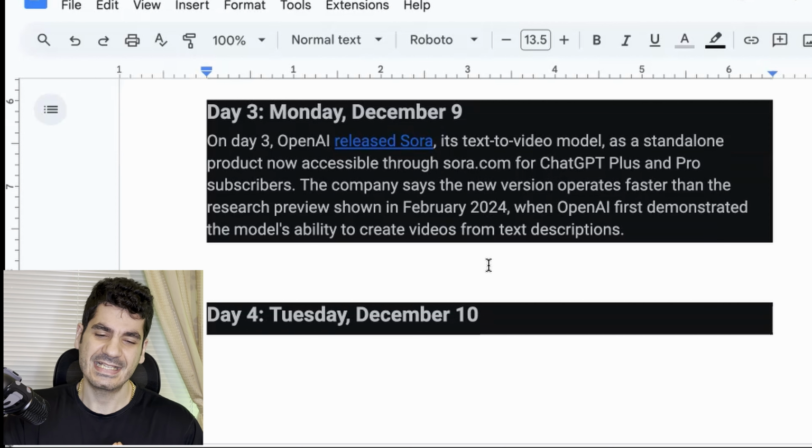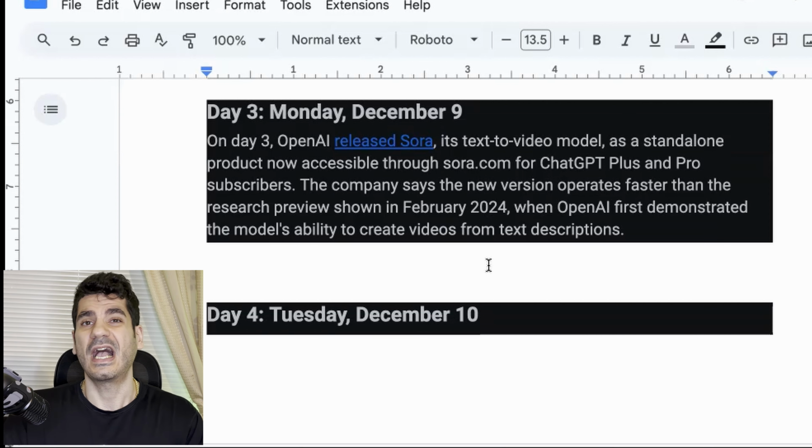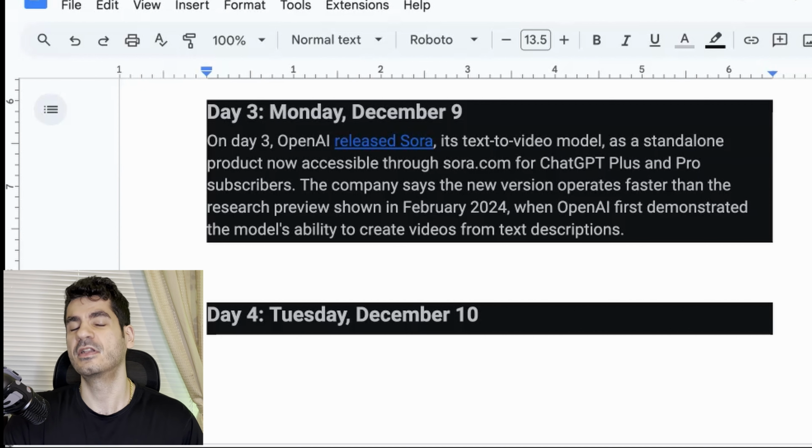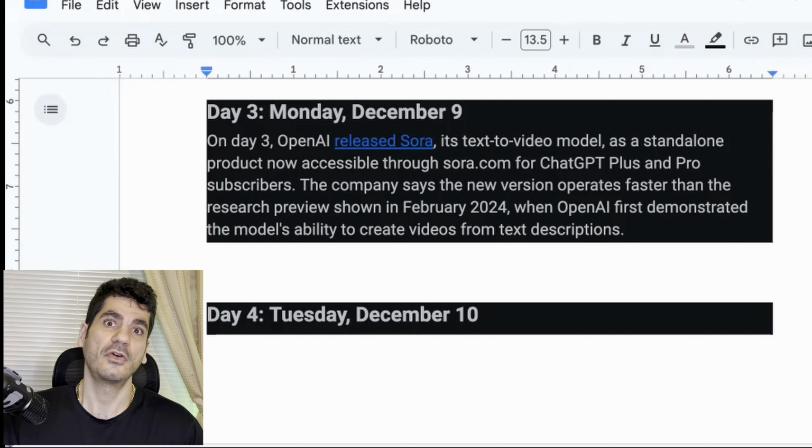At the same time that they revealed Sora, Google also announced their new model, and people looked at it and mentioned that the Google model was actually a lot better. Not long after OpenAI announced Sora, Google introduced Veo 2, which is a lot better and more consistent. You can definitely take a look at some videos and compare them yourself to see which one is better. I can show you one example of tomato slicing, and you can see that Google's Veo 2 is a lot more consistent in terms of physics.